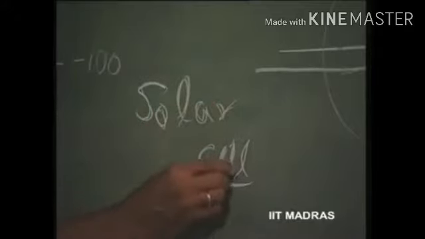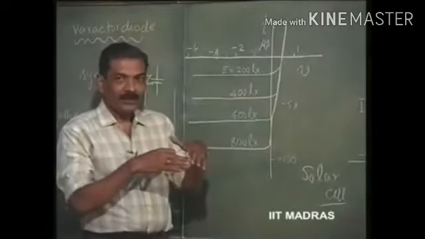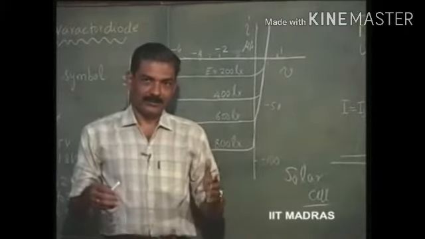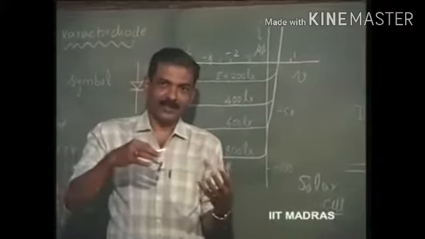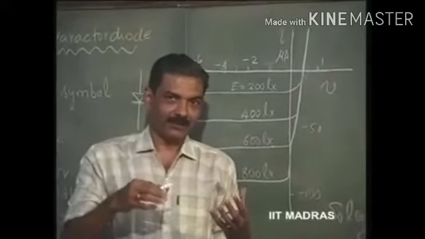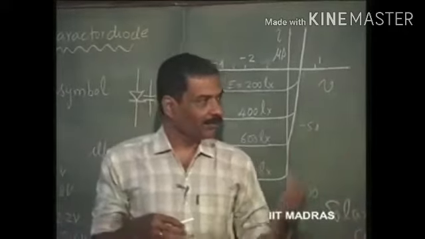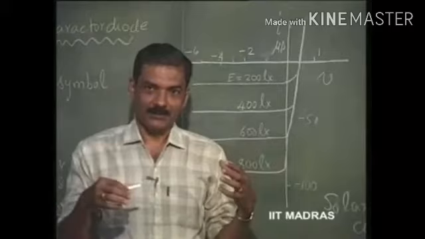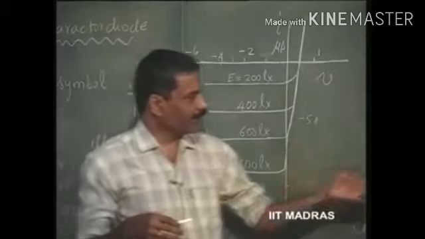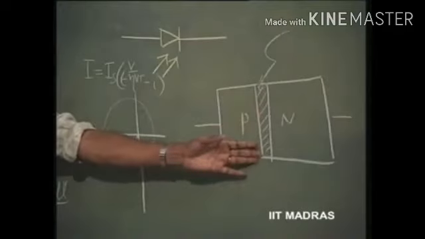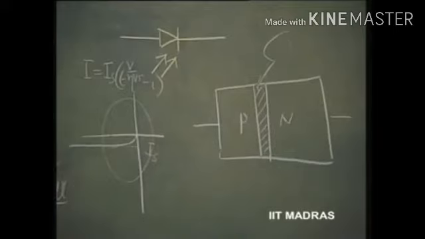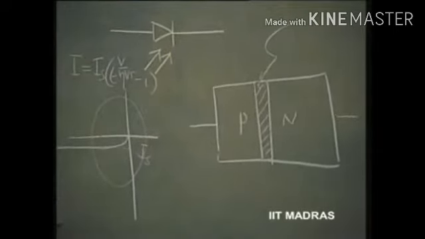Obviously, in order to collect a lot of light, you must expose the entire area of this junction to light. So, that is the constructional feature of the solar cell as distinct from a photodiode. Photodiode also requires a lot of light, but in the case of a solar cell, you want the efficiency to be optimized. So, you will take care that the maximum area is exposed to sunlight. You will increase the area, a large area, and the photodiode becomes nothing but a solar cell.